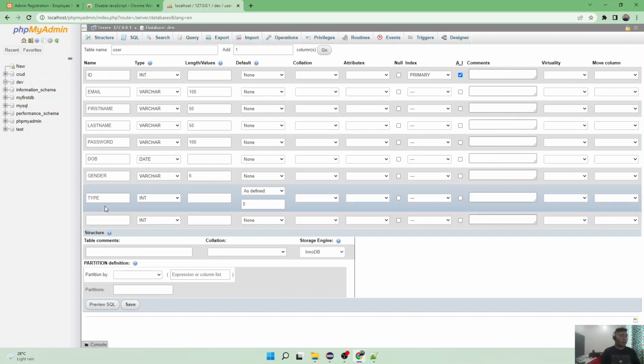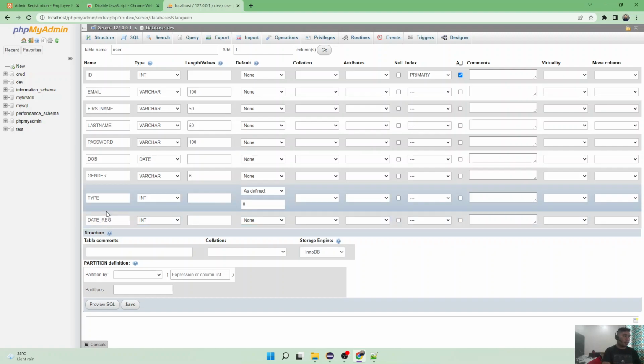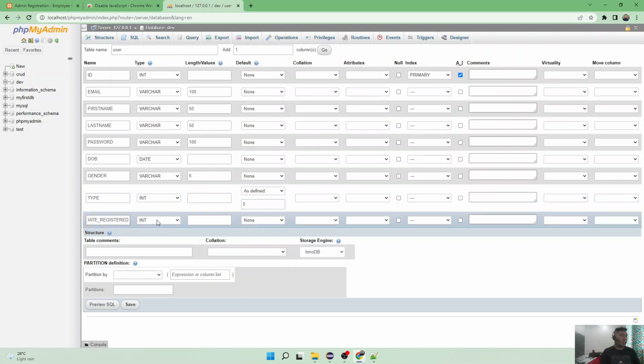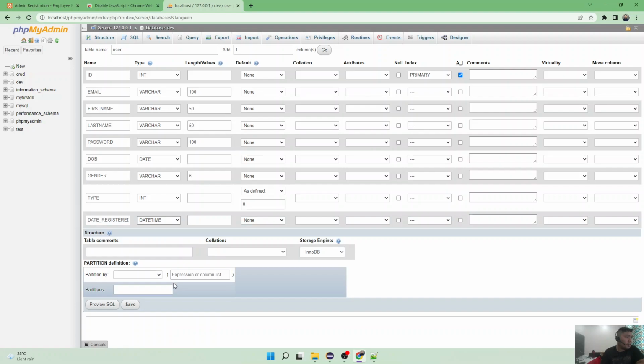So right now, if there is a newly created one, we need to make it 1 for an admin, and then date registered. This one we can also have date and time. Okay. So that's it. We can save our table